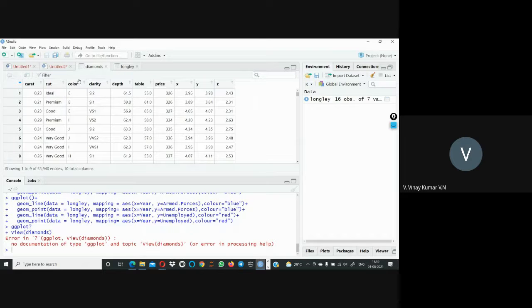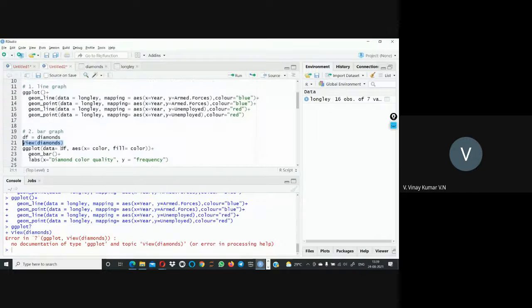So this is the diamonds dataset. You can see the title is diamonds, and it mentions how many carats, the cut, the color, clarity, depth, table, price, and everything. If you don't understand the keywords of the diamonds dataset, you can use the dataset name with a question mark and run it.